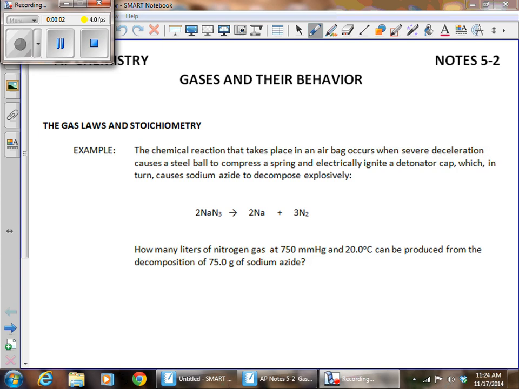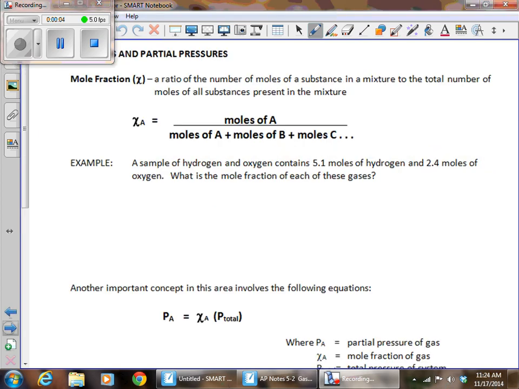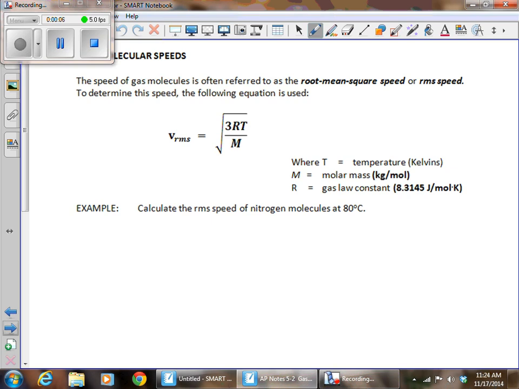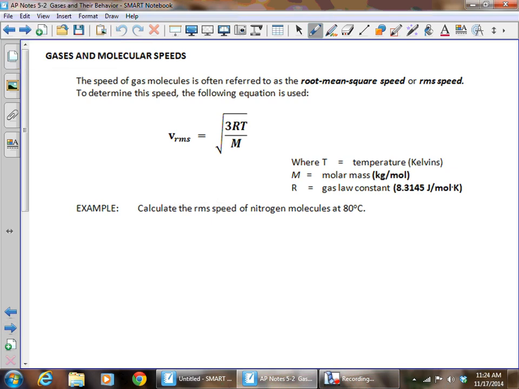So for the second half of these notes, let's move to the back page and look at how we can calculate molecular speed based on the mass of the particle. Now, we sometimes refer to the speed of gas molecules as the root mean square speed, or RMS for short,